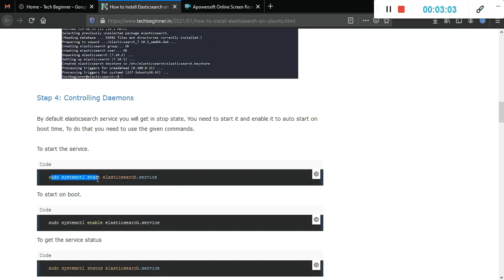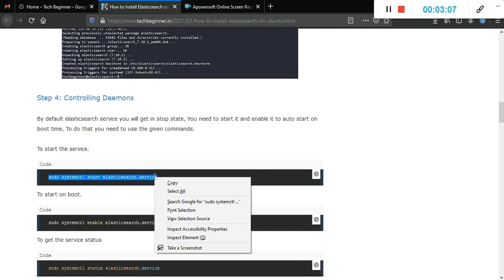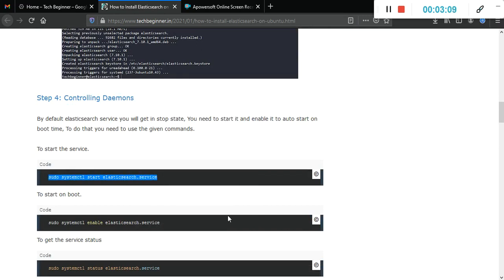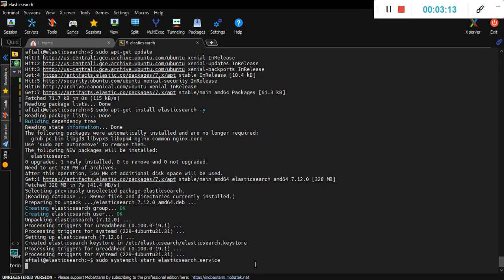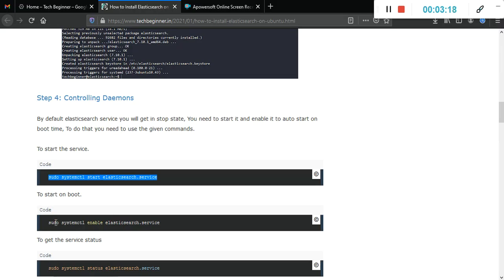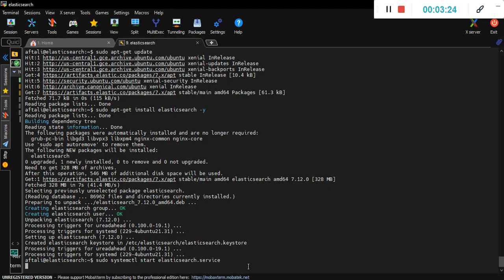Let's start the Elasticsearch service. So we need to use sudo systemctl start elasticsearch.service, and after that we need to enable the Elasticsearch service on boot. So whenever your system goes down and you start your server again, you will get your Elasticsearch service in running state.